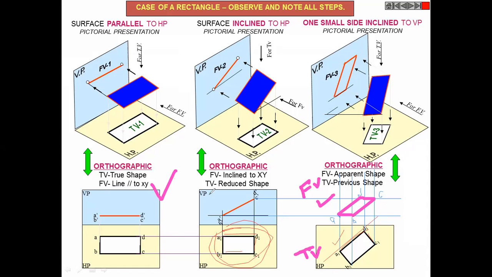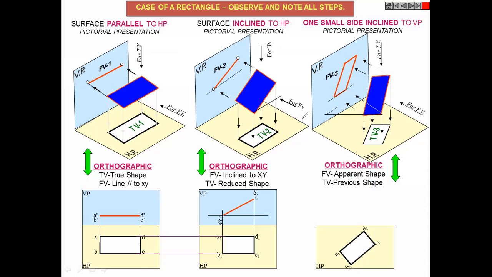Then we took actual inclination with either plane. See, you can take HP also here. So what we did, first we assumed this, then we took inclination with HP here. But we could have taken inclination with VP also here, and then HP here. These steps you can interchange. That is not a big issue. Clear, everyone?